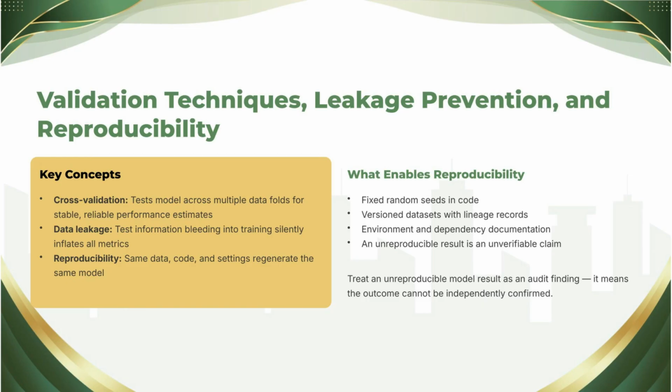Then comes my favorite word in this whole lesson, reproducibility. Can the team rebuild the same model from the same data and code today and get the same results? This is the AI equivalent of an accounting audit trail. It requires versioned data, versioned code, recorded settings, and fixed random seeds. When a regulator asks next year why the model denied someone's claim, "we can't recreate it" is not an acceptable